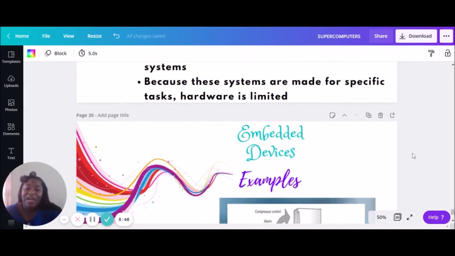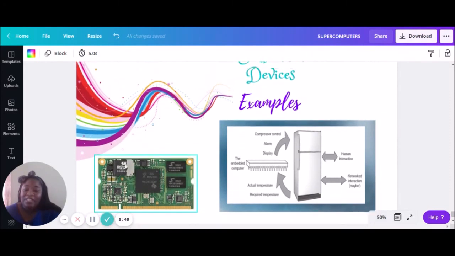All right. Now, here we have an example. So see, it just looks like a little chip, right? It just looks like a little chip right there, the embedded device that goes in. It gives you the space to store the instructions that are going to be needed to be carried out. And it has the processor there to carry out the information. It's put into your fridge just like this here, so you as the user can interact with the fridge. Of course, guys, I don't know why they put this fridge there to show the embedded device because it doesn't have any digital panel or anything that we're seeing, but just so you get the idea, right?